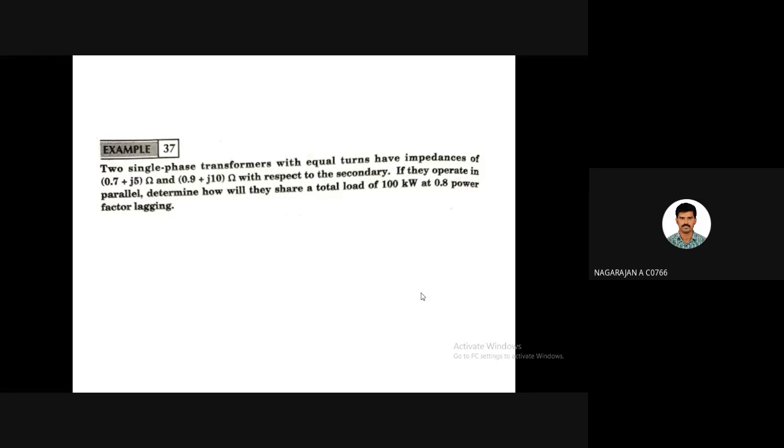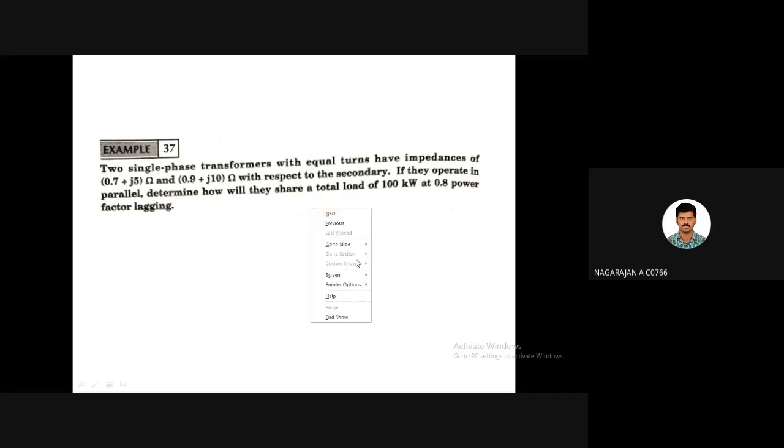In the last semester, I would have explained to you the parallel operation of alternators. What will happen if two AC generators are working together? How much power will be shared by these two generators? That is what we would have derived with a triangle diagram. Okay, do you remember or not? I don't know. So with that triangle diagram, we can easily find out how much load is shared by individual transformers.